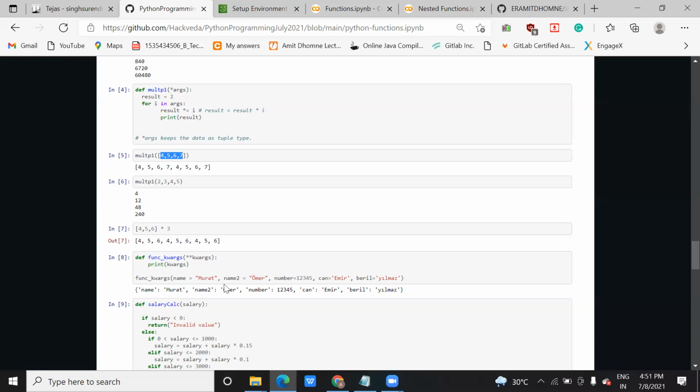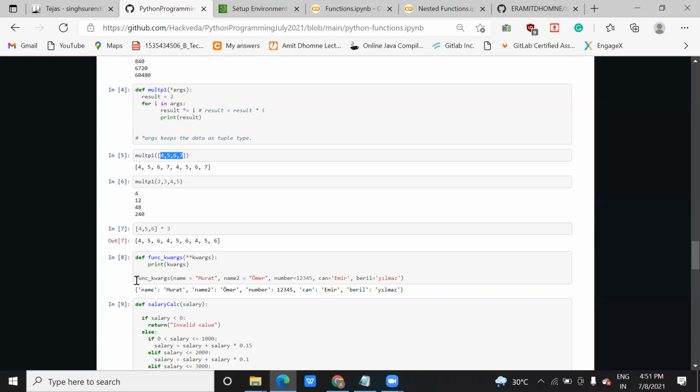So whenever we use a keyword argument, it creates key value pairs. Yes, correct, very good. It will be passed in the form of a key value pair. This name is your key. It will work as a dictionary where key value pairs are there. So you are passing key as well as value. Suppose you want to print the key, it will print all the keys with respect to the values.